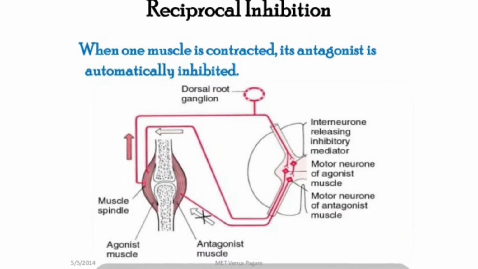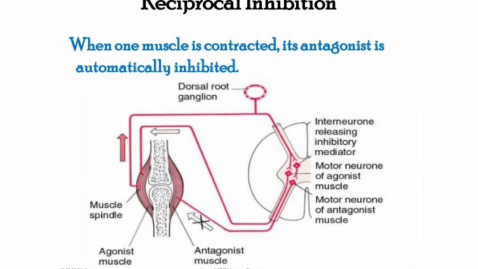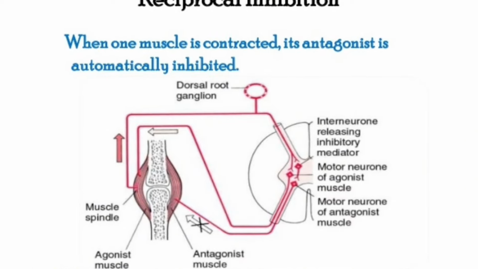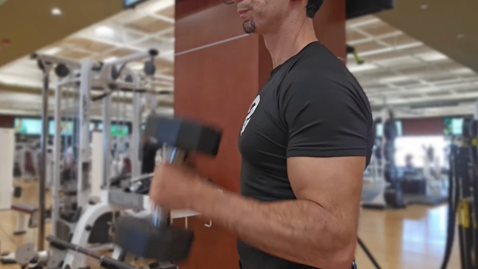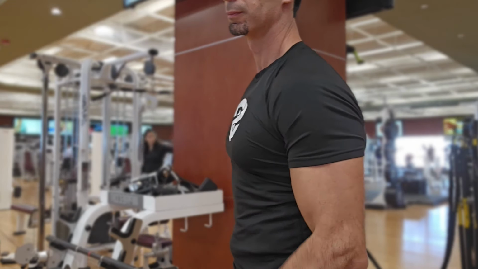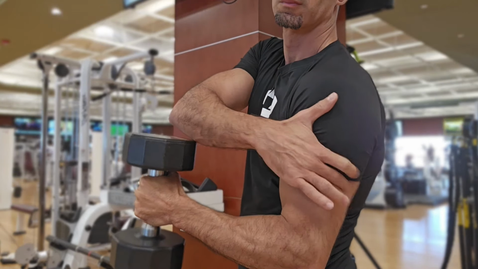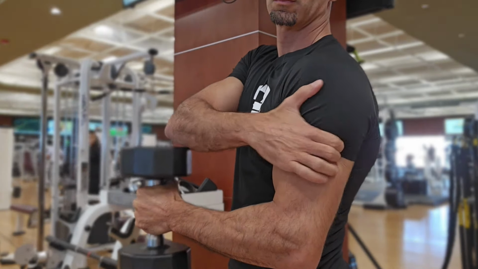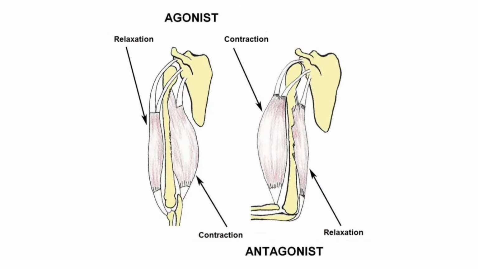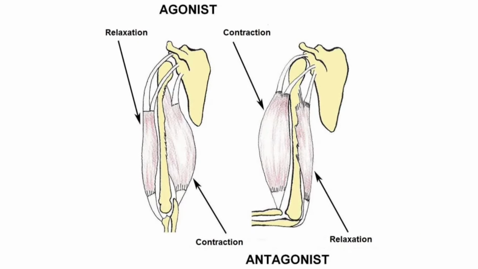Reciprocal inhibition is a mechanism whereby the central nervous system reduces or completely inhibits the innervation of an antagonist muscle when the agonist muscle is activated. An example of this: the triceps innervation is inhibited when the biceps is loaded and engaged. This prevents the triceps from interfering with the activation of the biceps. Reciprocal inhibition allows the body to be coordinated to not interfere with itself when performing physical tasks.